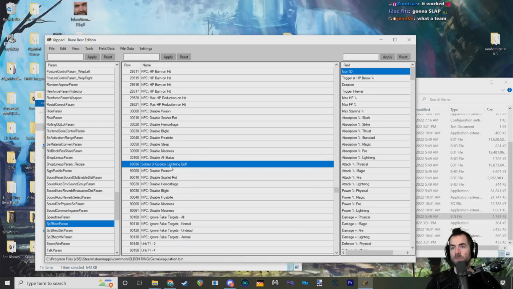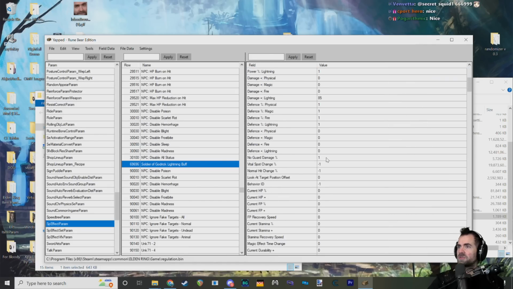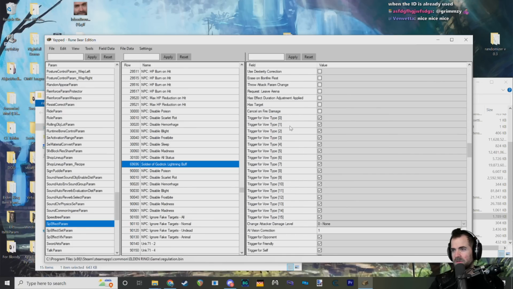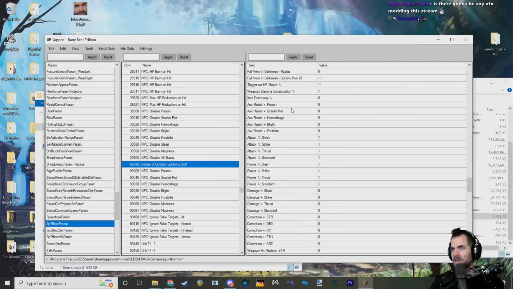Very cool. So we've got our buff here now. It is duplicated. It's ID 69696, and it says Soldier of Godric Lightning buff. So let me pull out the numbers here, and I feel like this will be pretty straightforward. Hopefully, let's see. That looks like poise, damage multipliers. No. Okay, so we've got holy,